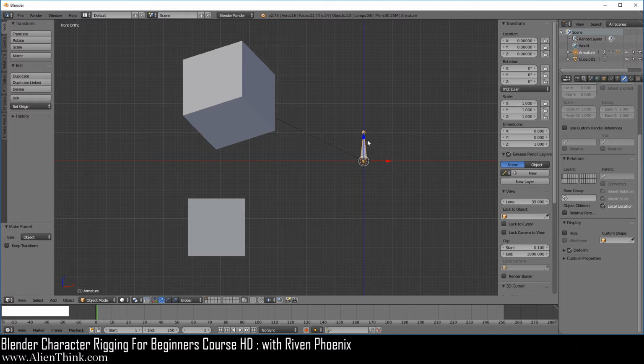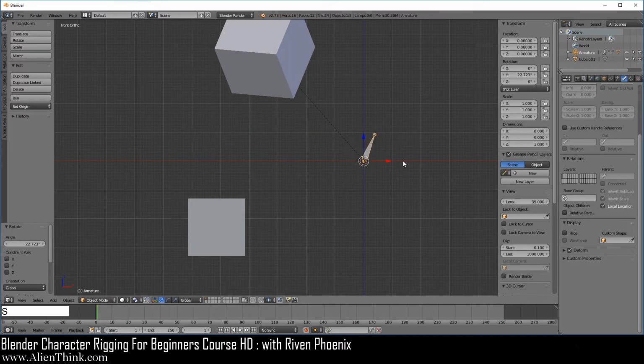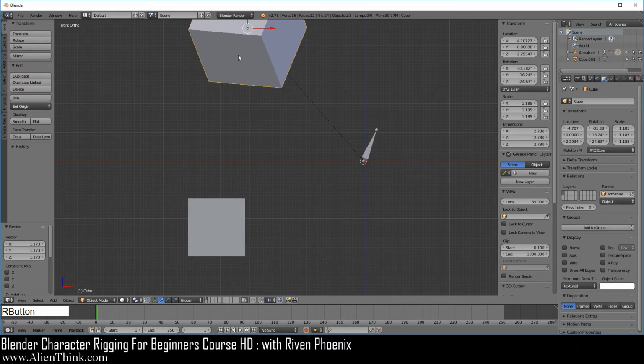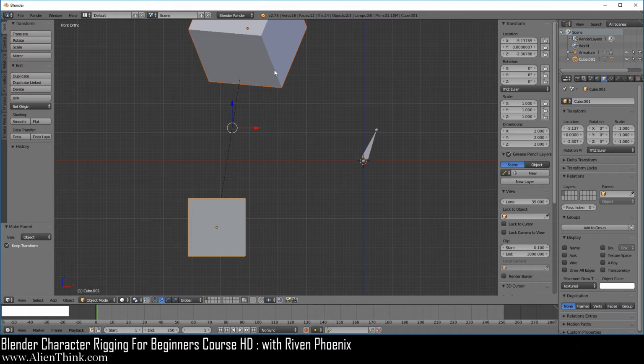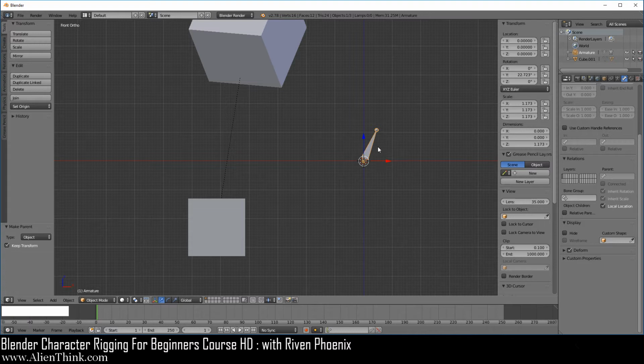So obviously this wouldn't make any sense, right? You would have to do this in pose mode, but if you're in object mode, press the R key to rotate. Scale this, it's the same thing. Now when you click on this cube, press the Shift key down, click over here, do Control P. When you do this, it's just going to apply the transform on the cube and set the new parent up. Okay, so this is why we had to look at it this way. It's difficult to understand when you're dealing with an armature because you're not going to be rotating the armature like this in object mode, right? You're only going to be rotating the bones in pose mode. Anyways, that's what that was.